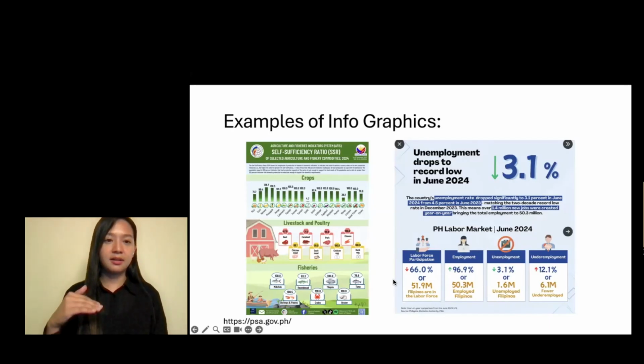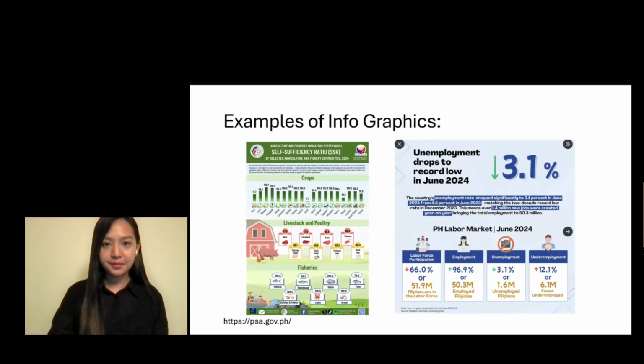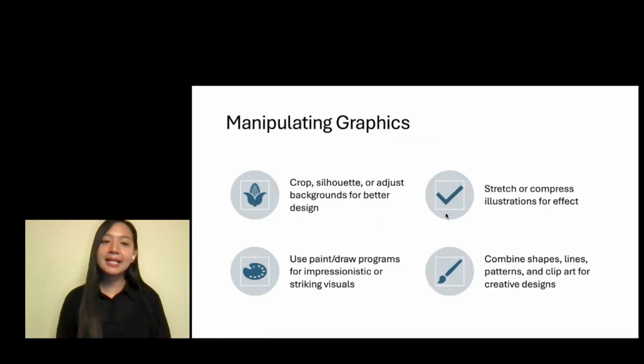Self-sufficiency ratio. And then the other one is an unemployment report from 2024, so June 2024. Okay, and then next, so let's just